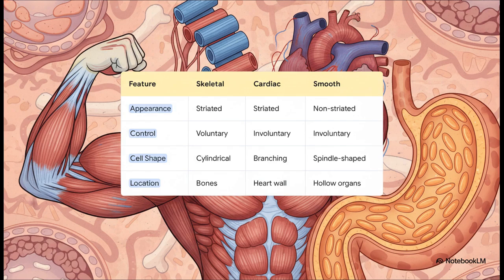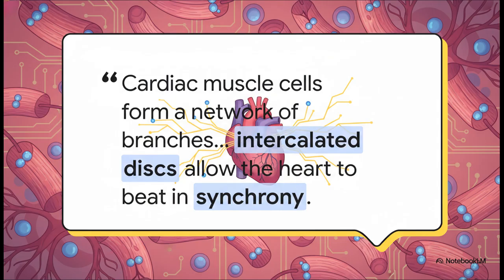There's skeletal muscle, which is what you consciously control to move your skeleton. Then there's cardiac muscle, found only in the heart. It looks a bit similar, but it's completely involuntary, which is probably a good thing. And finally, we have smooth muscle. You find it in the walls of your organs, and it works behind the scenes, also involuntarily, to move substances through your body.